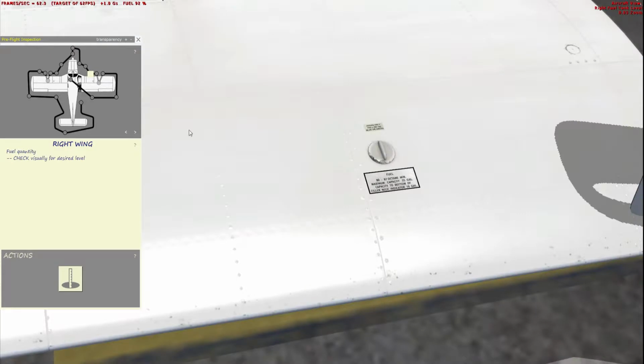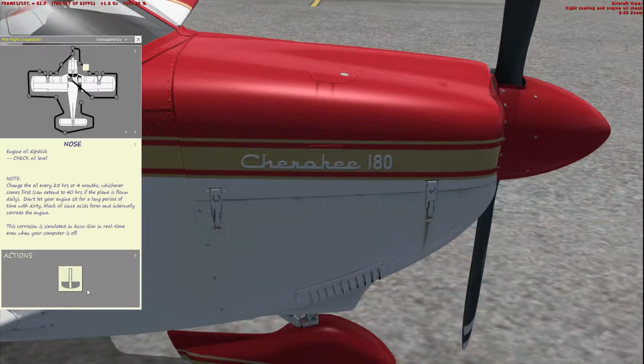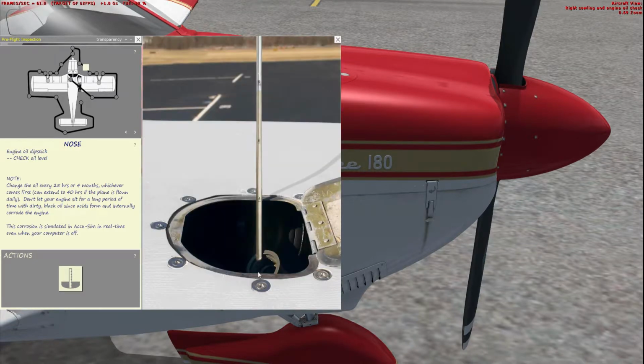So we go on to our next station, which is our fuel tank. You press this little guy here under the actions menu, and as you can see, that's about right. It's slightly lower than what the gauge said, but not by much. It's pretty much full. Now we'll go on to our next menu here, and we'll check the oil. So we have slightly under 8 quarts, and it's brand new oil because I just changed it here,